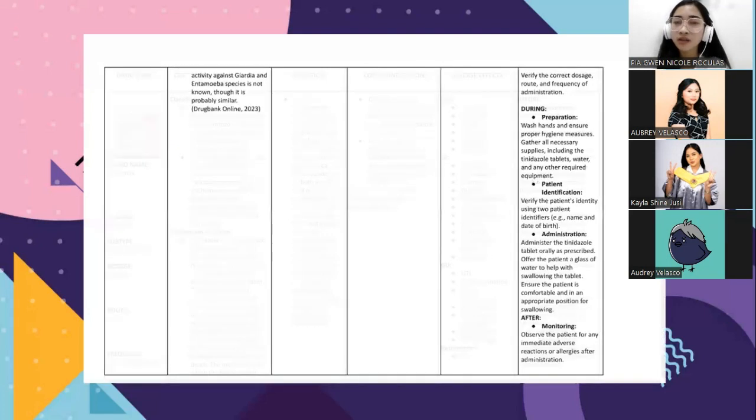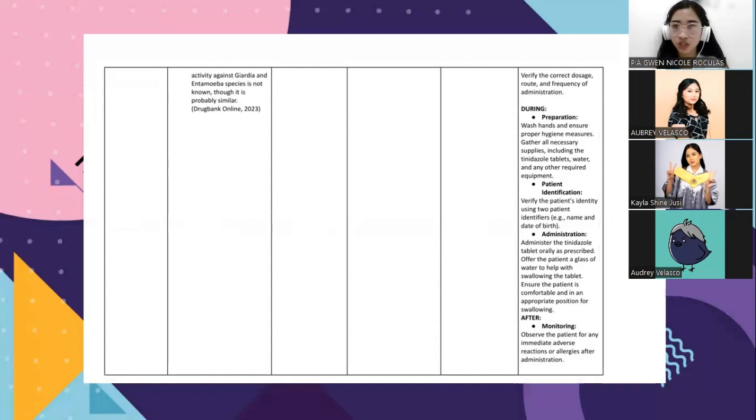So nasa 10 rights of medication administration yan. Next is verify the correct dosage, route, and frequency of administration. So kailangan natin tingnan yung doctor's order. So during the administration of medication, we have to wash our hands and ensure proper hygiene measures. And after that, we have to gather all necessary supplies, including the tinidazole tablets, water, and any other required equipment